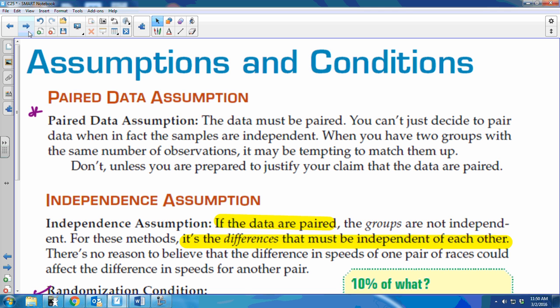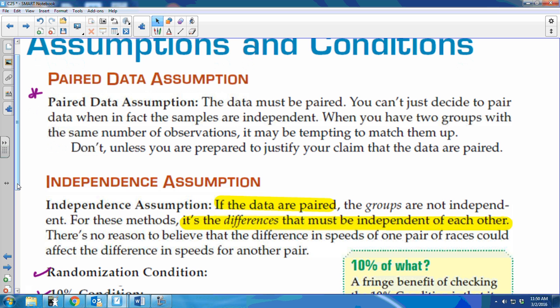So the first step is your conditions. Your conditions are generally the same. You can still talk about independence, but when you're talking about independence, you're talking about that the differences are independent of each other. So if we're talking about the speed skaters,